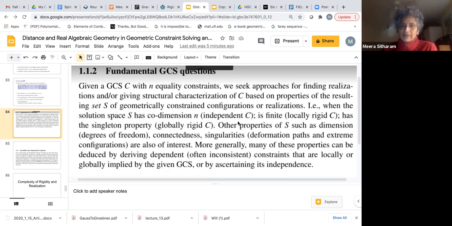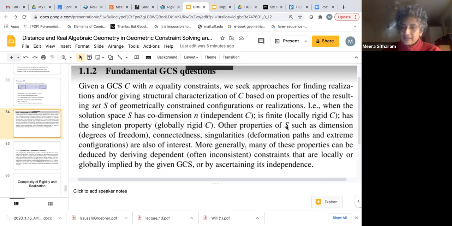So these are the general types of questions we're interested in. And all of them have algorithmic variants, in fact. So the question is, you're given a partial distance matrix, find a realization or completion of this distance matrix. And that's an algorithmic problem, and we can talk about the complexity of this algorithmic problem. We can talk about other notions of complexity, such as the